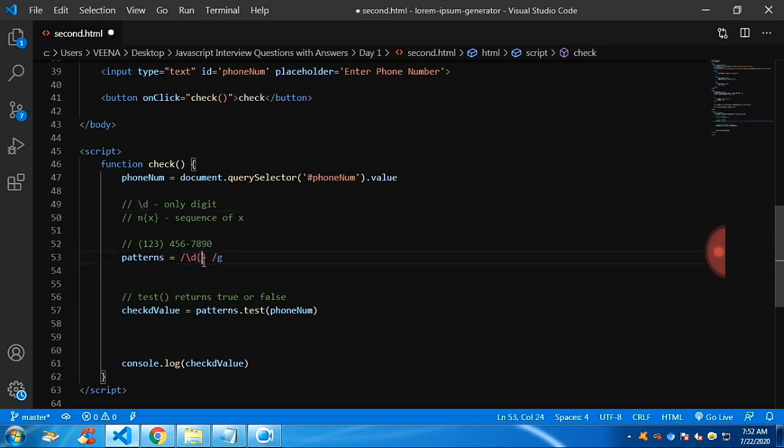Now what we need is a sequence of 3 digits, and there should be a space, and again a sequence of 3 digits, and there should be a hyphen, and again a sequence of 4 digits. I meant to say a 4-digit sequence. There is a space and there is a hyphen, and the open and close round brackets are missing. So if I add open and close round brackets for the first sequence, and if I test it,